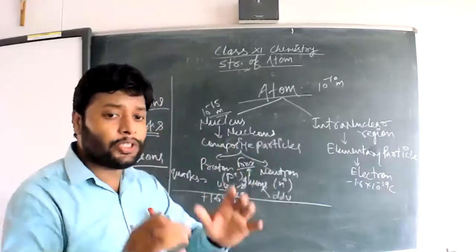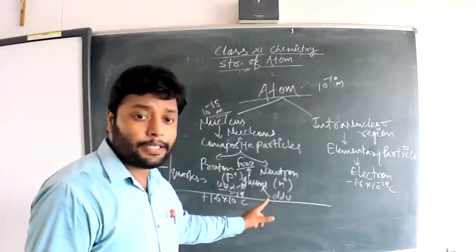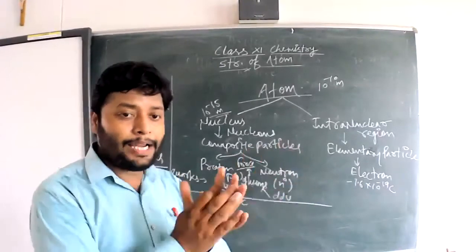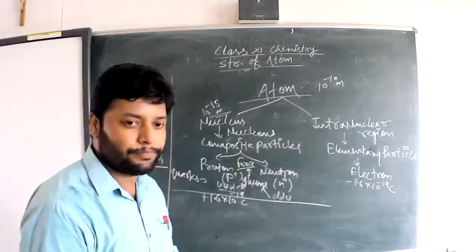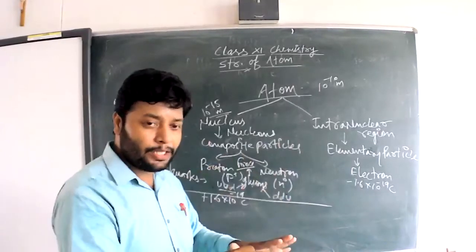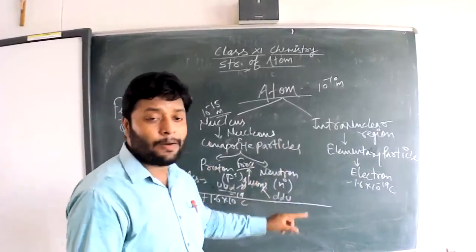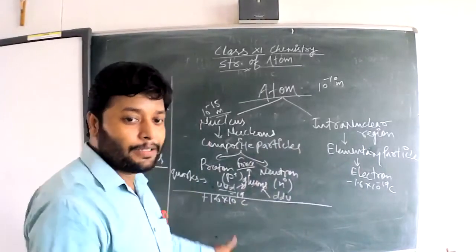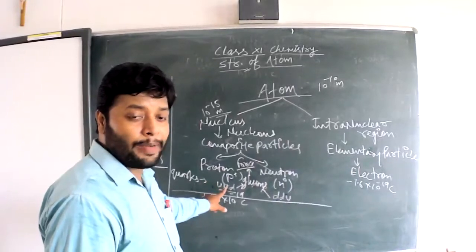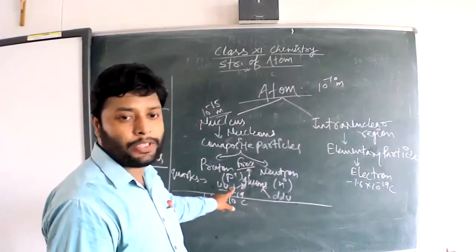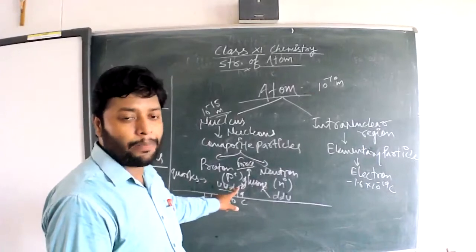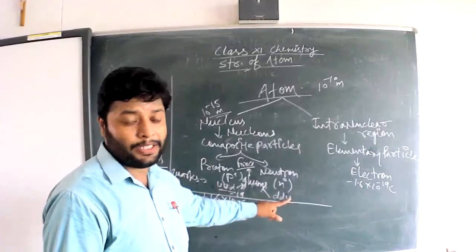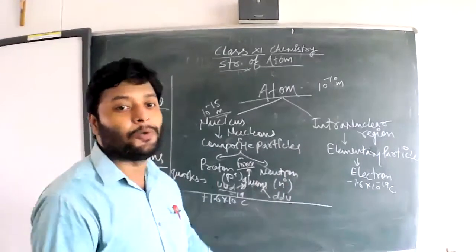Neutron has zero charge because the three quarks, down, up and down, combined have a net charge equal to 0. They each have charge: plus 2 by 3, plus 2 by 3 and minus 1 by 3 for the proton. That is the value of charge. For the neutron it is minus 1 by 3, minus 1 by 3 and plus 2 by 3. So the net charge becomes 0.